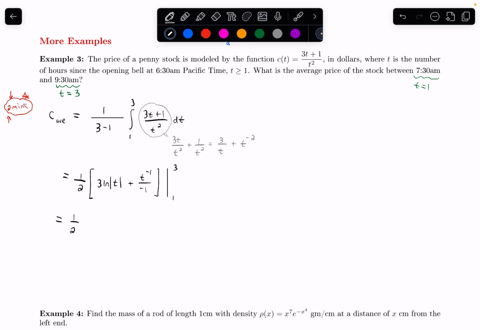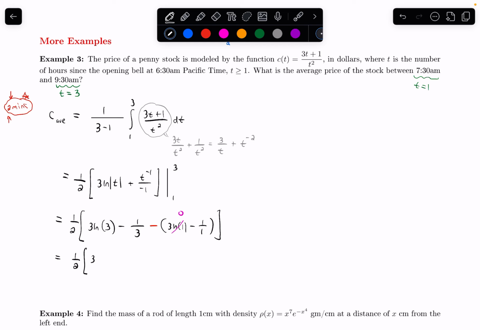So I got the 1/2 factored out, it just stays factored out. Plug 3 in to get 3 ln of 3. Absolute value of 3 is just 3, so I can just write 3 without the absolute value. This fraction becomes minus 1 over t. So if I plug 3 in, minus 1/3. And then minus, now I plug 1 in. If I plug 1 in, I'll get 3 ln of 1 and then minus 1 over 1. Now I'll close that bracket. Okay, so I know ln of 1 is 0. If I simplify this a bit, I get 1/2